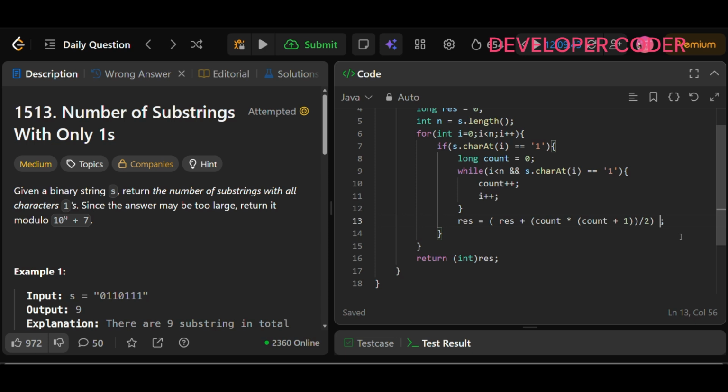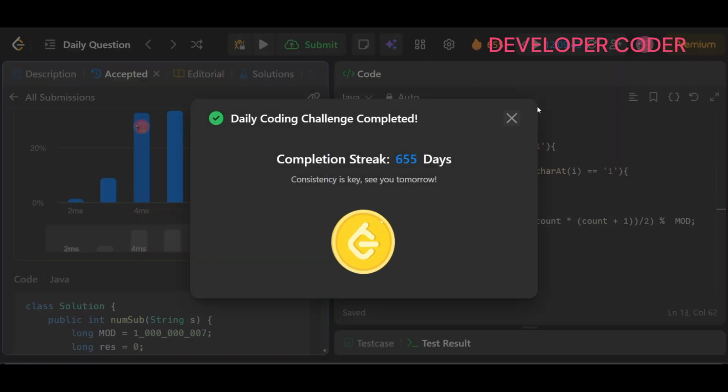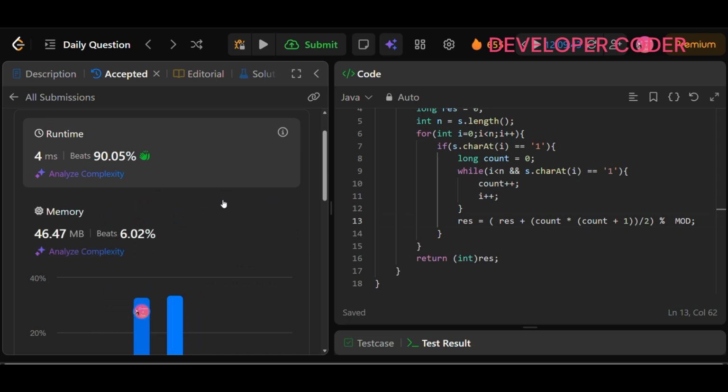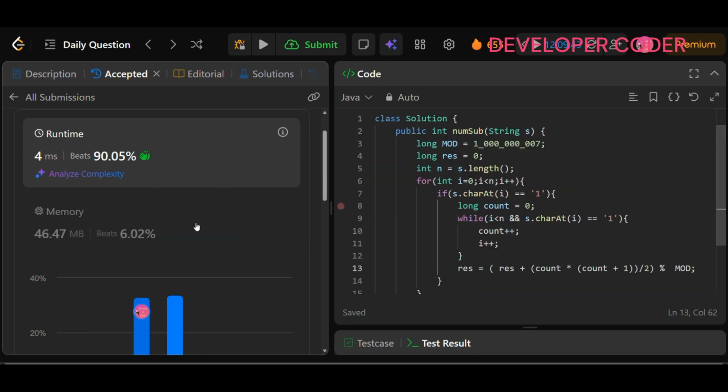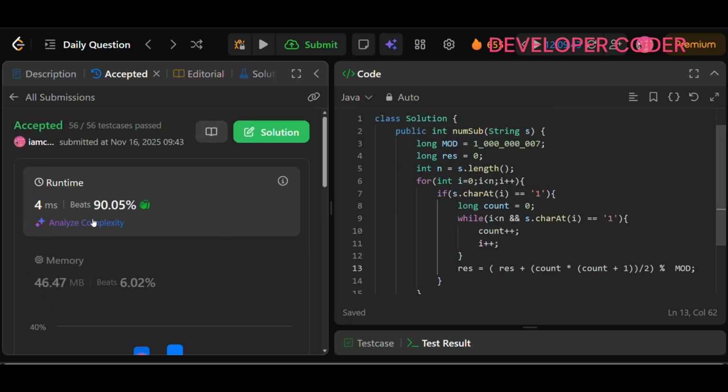Just do mod with this mod value. Now if you submit it, see, our solution is accepted. That's it. And the time complexity is O of n only,